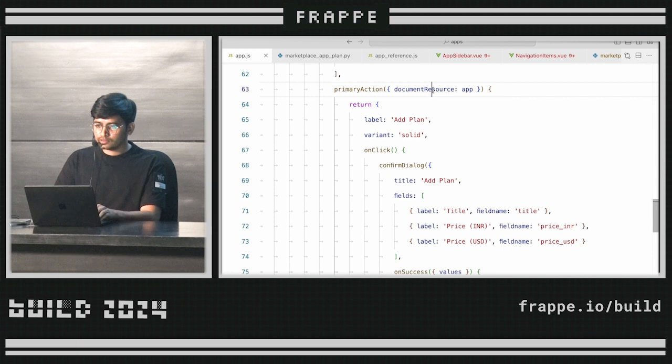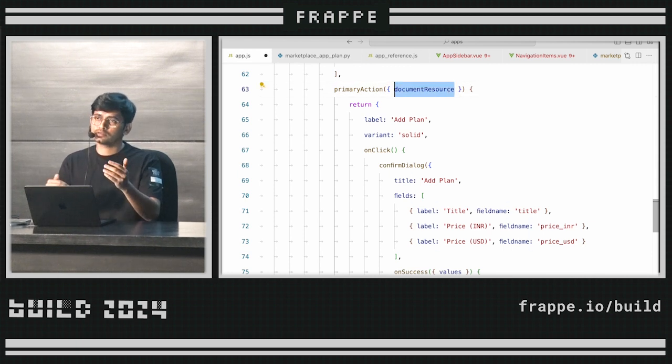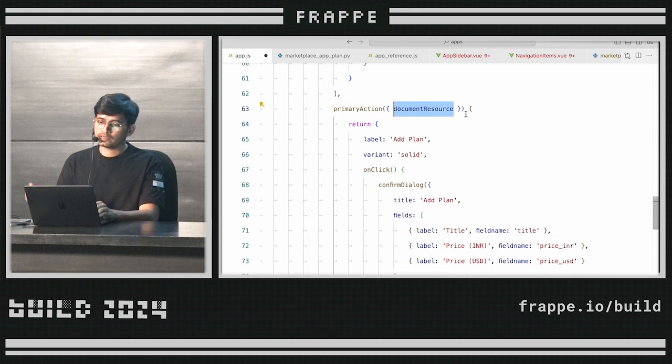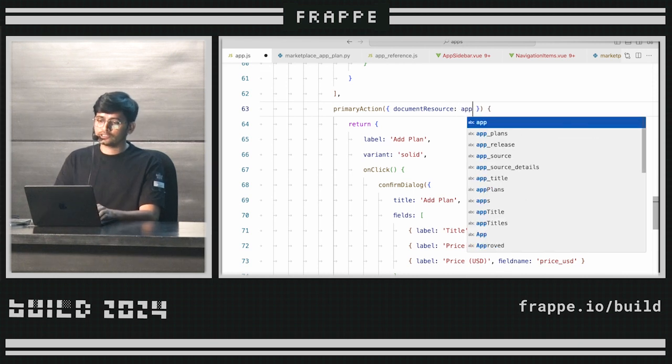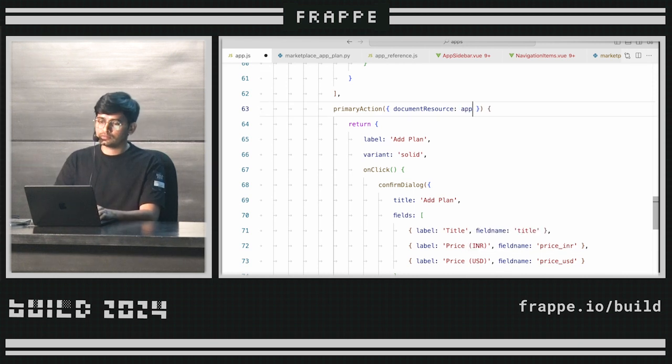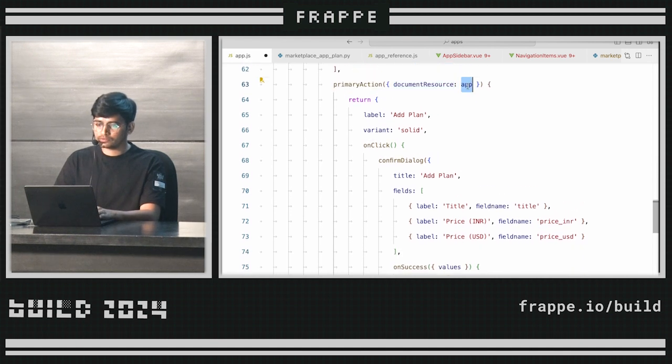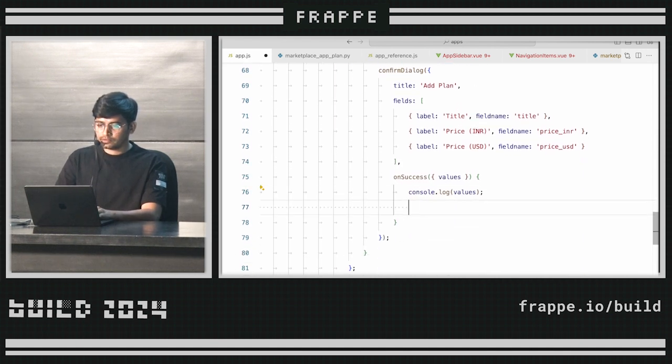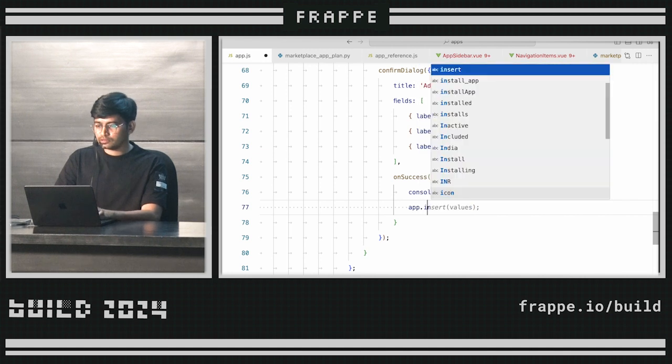So it is called document resource because this is a generic framework. It doesn't know what kind of document it is, so the naming is document resource. But then using JS features, you can rename the variable like this, and I can use app dot insert dot submit,